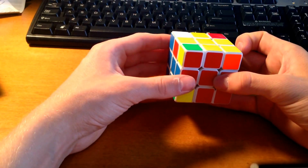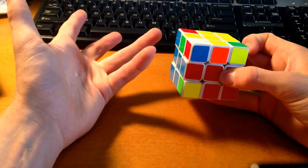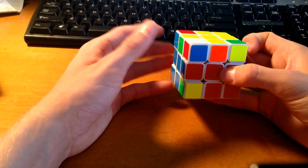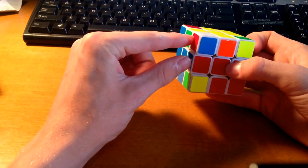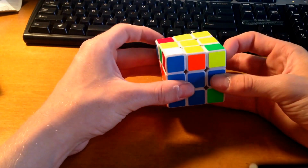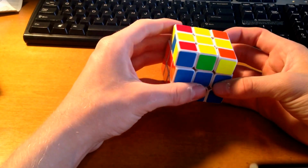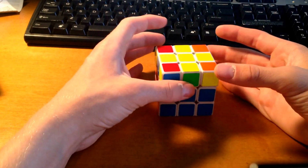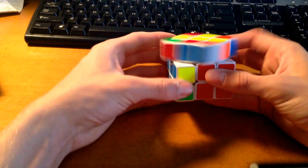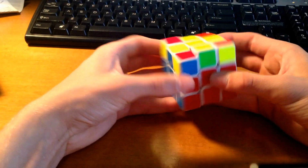So that's basically that. And then they have this case right here. Personally, I don't like doing this case from the left side. It is rotationless from any angle, and that's what's nice about this particular case. But in this instance, it was here, so I would just rotate and do it like that. I just find that easier to do with my right hand rather than my left hand. And it's in some cases like that. I mean, you could do triple sexy like that, but I don't. It's slow rather than doing